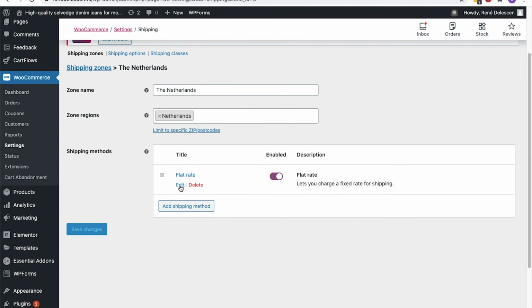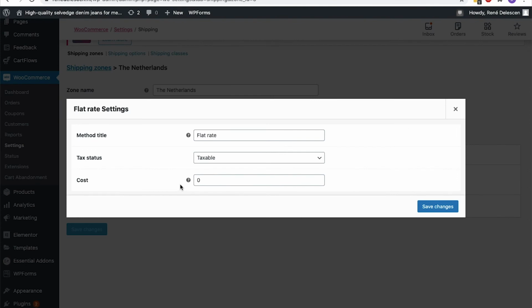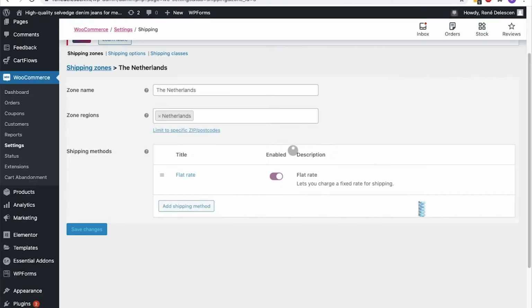Click on Edit again and choose whether you want to make shipping expenses taxable. I prefer not to, so I select none. As for the cost, we enter, let's say, 10 euros. If you made the shipping cost taxable, you need to know that the number you enter over here at cost is excluding taxes. Now click on Save Changes,